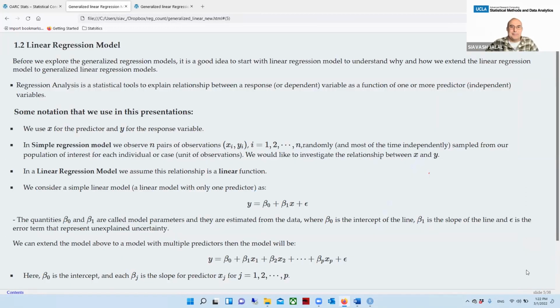Okay. So before we go to generalized linear model,